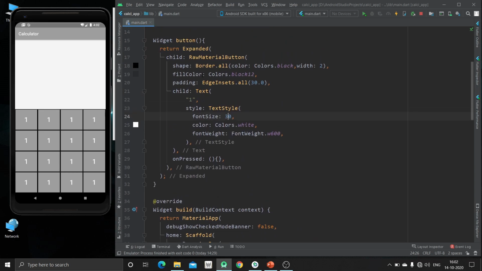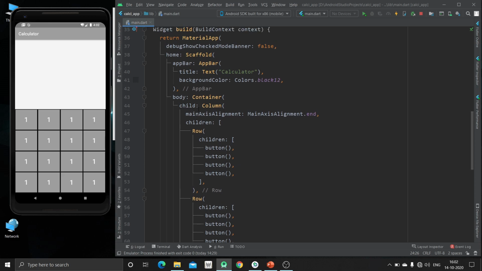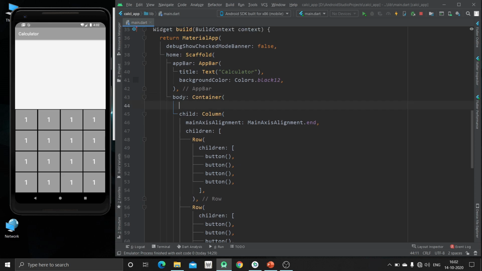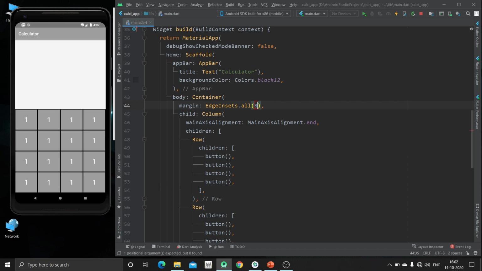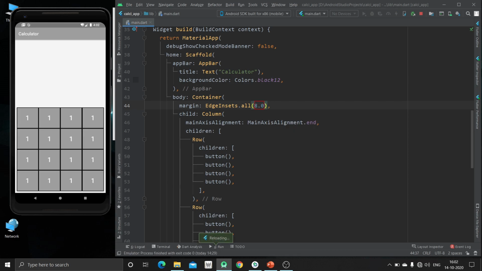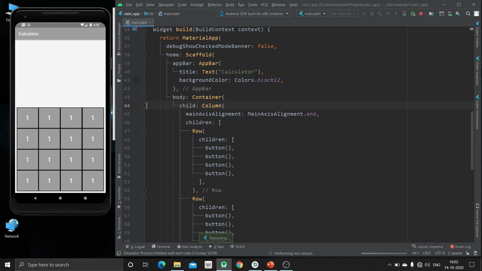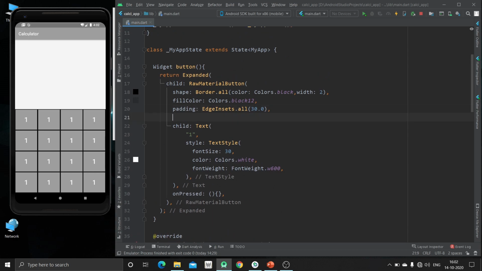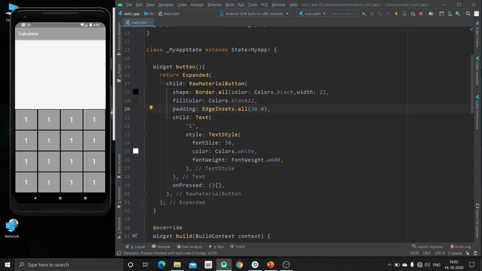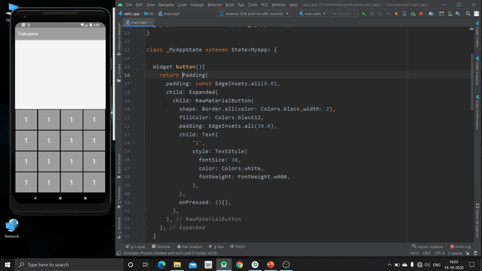Now what we are going to do is specify some spacing. So for that we will specify the margin. The margin should be 8 or something. So let's see. Yeah, it's good, but we are not going to keep it. Okay, margin is not available, so instead of that we will use this padding widget.